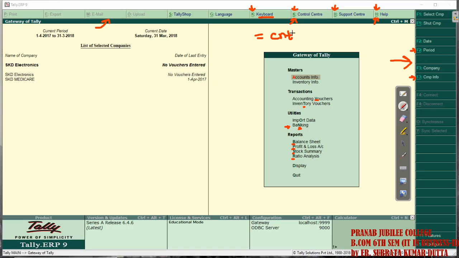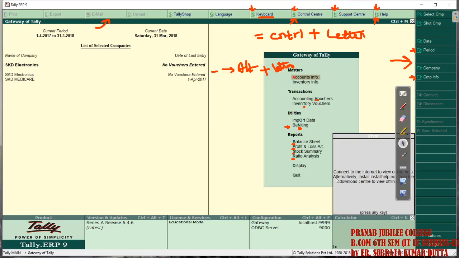That means you have to click the Control key and the option or the letter given, right? And when there is a single underline, that indicates you have to click the Alt key and the letter given. Okay, so that means for help, if you want to visit help directly, you have to click Alt plus H. Okay, let's see can we visit or not. Alt plus H.